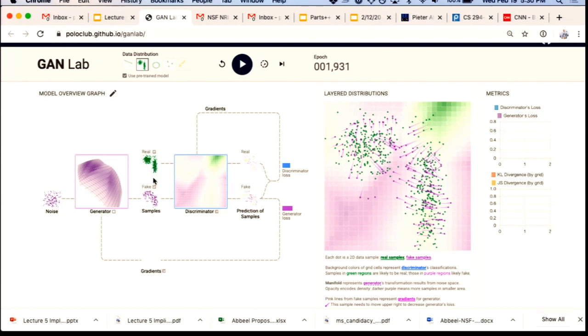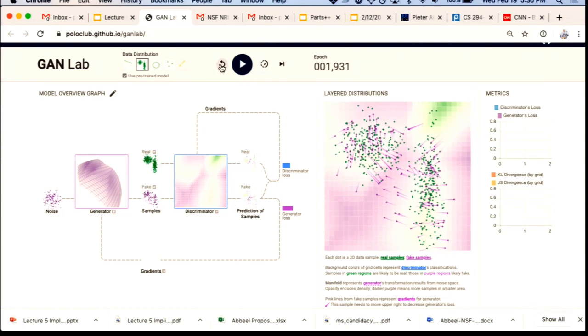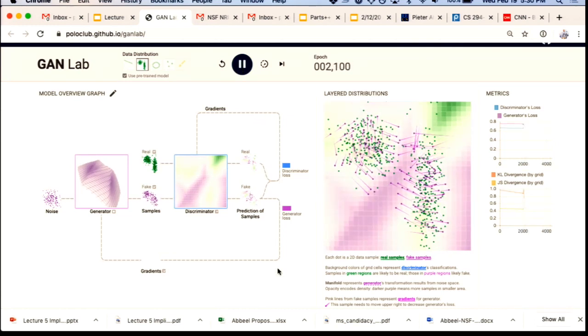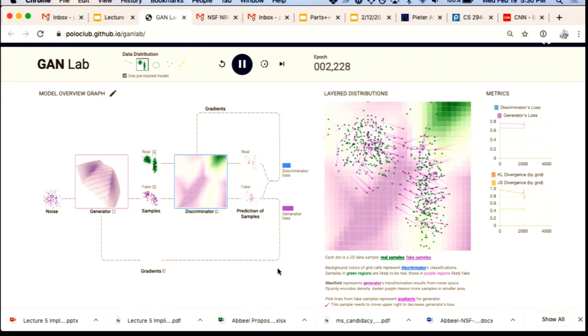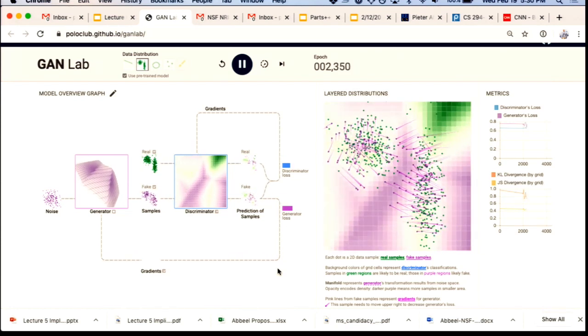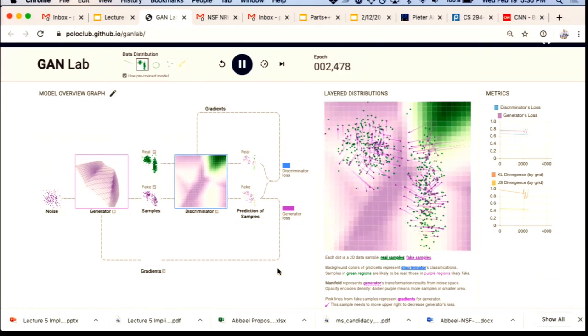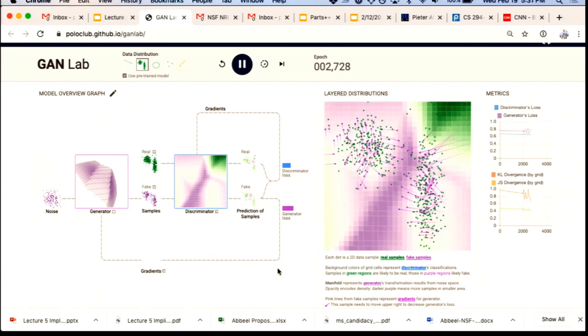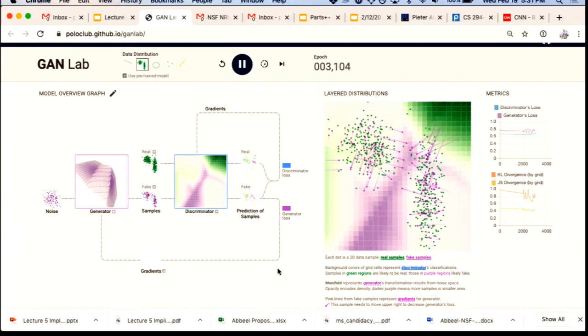So we have real data in green, fake data, samples generated in purple. This is before training, or let's reset. So it's completely before training. And then let's run play. And so what we would hope to happen is that as the training progresses, the purple samples will match up more and more closely with the green ones. And then when the discriminator tries to distinguish which individual data points come from real versus fake, it'll have a harder and harder time figuring that out. And at some point, the generator will, in some sense, win the game and be able to fool the discriminator.